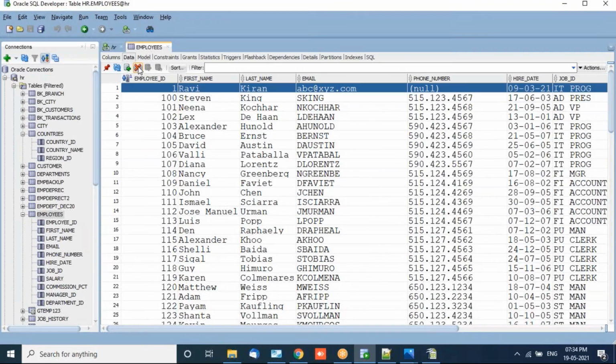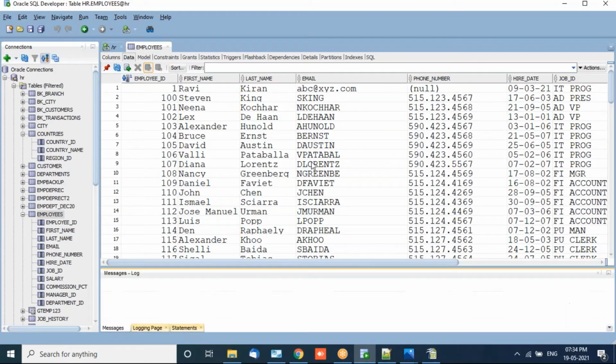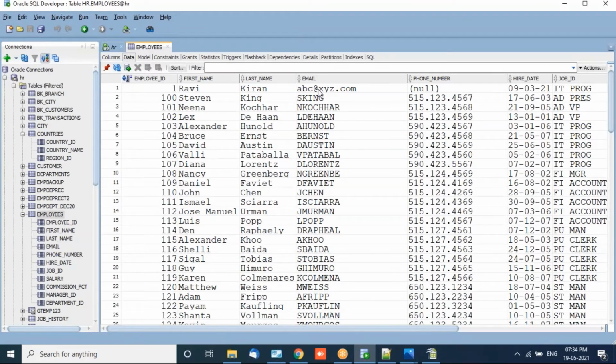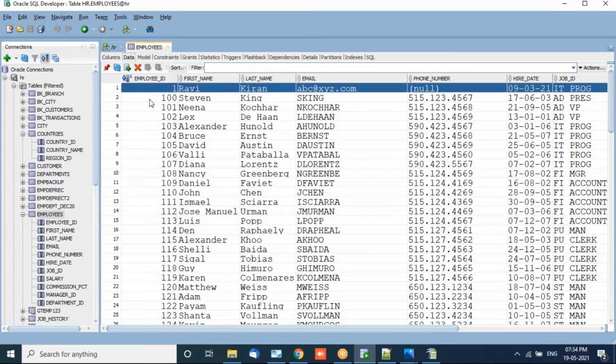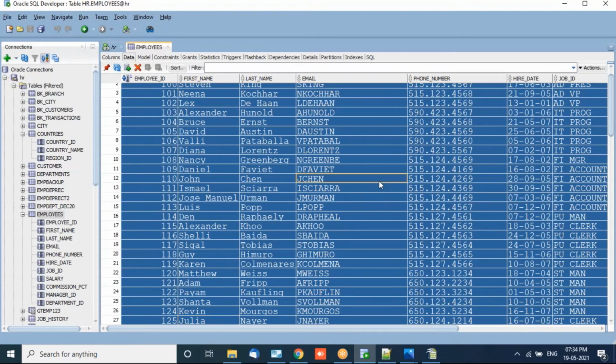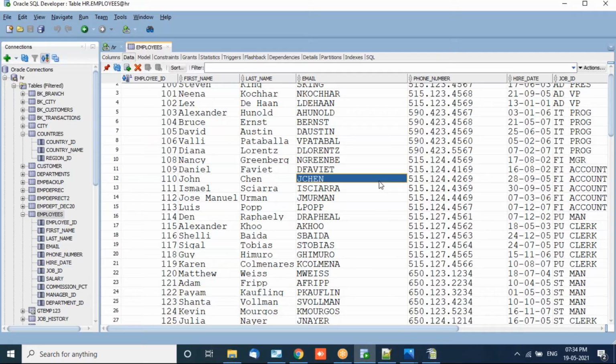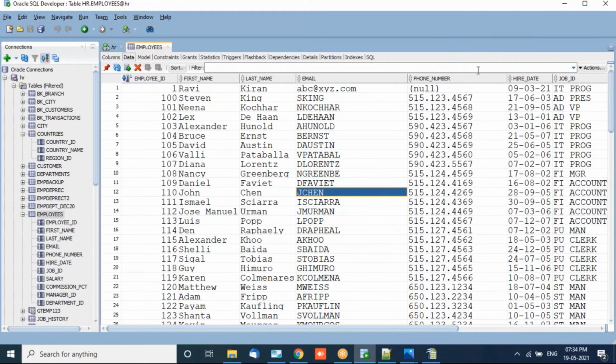So I'm just deleting it. Fine. So that sample data is also gone. Okay, it might be some references are there, so it is not going. Apart from this, you will get all of the data. This data is basically for testing purposes. Whether you're from an IT background or non-IT background doesn't matter. SQL is very easy to learn.